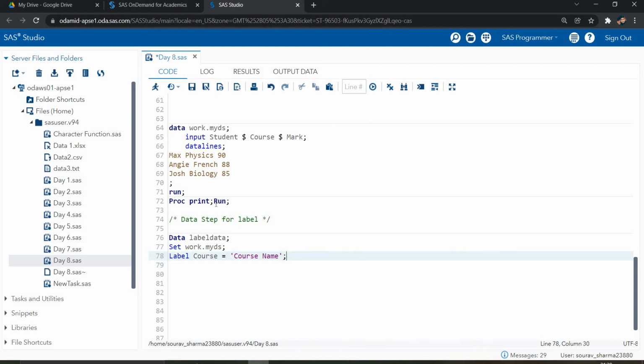That is the change I want, only course as course name. Let's suppose you say you want one more change. So let's suppose I want student as student name.